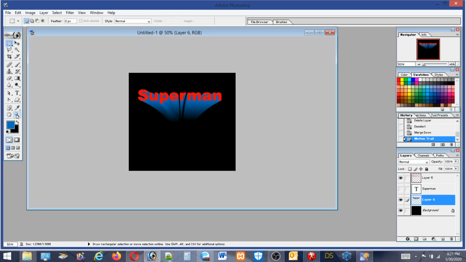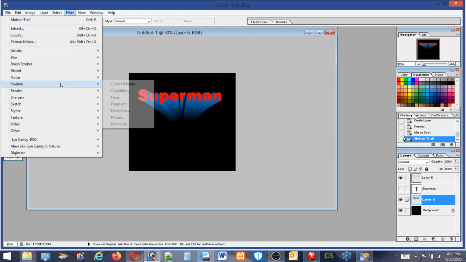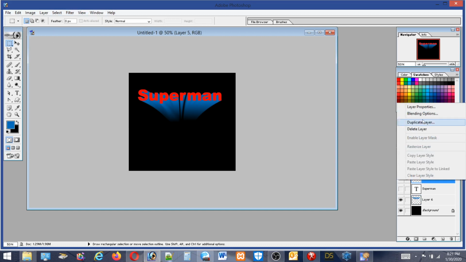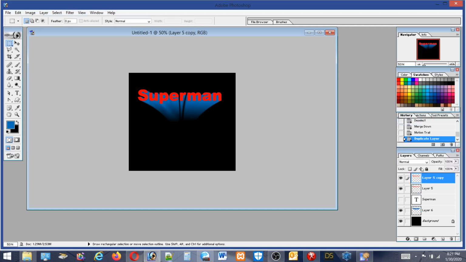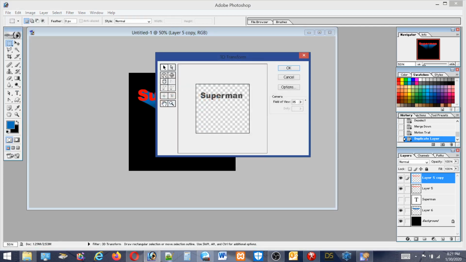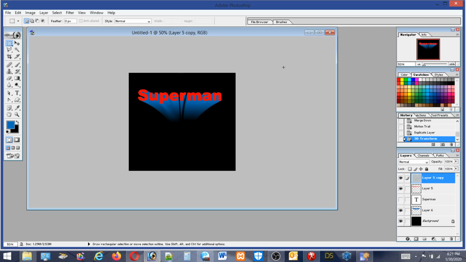Now, if you want to make 3D letters, as I know that you've probably seen 3D. I'll just select this one and make a duplicate, so that way I don't change this first one. Okay, then render and 3D transformation. There's like a block that it can be turned into. And you gotta actually draw the block on here. And then click OK. I'm not sure if it does any good, but I know that if you got this right here, builder,